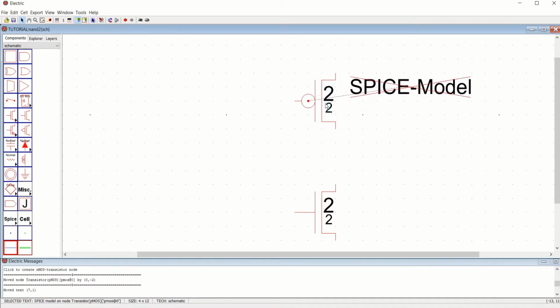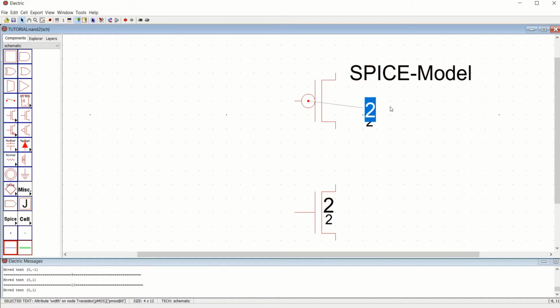And remember that we are using a 3-terminal MOS. That means already the substrate is internally connected to the source, so it will not lead to an error. Either you can use the 3-terminal or you can go for the 4-terminal. I want to have the width as 10. Width of the PMOS is set as 10.